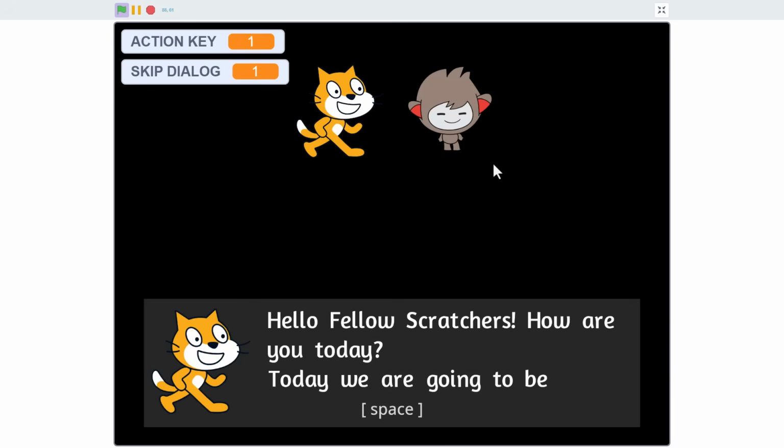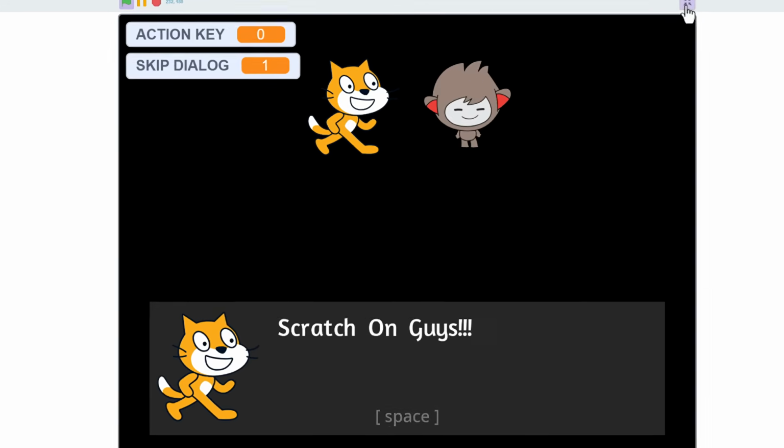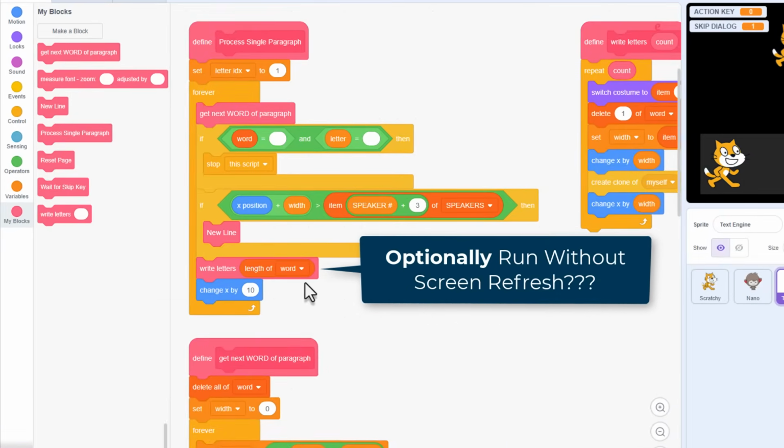In which case, the only trick is trying to find a way of having this write letters optionally run without screen refresh or not, depending on whether we're skipping dialogue. Yes, not so easy. So we'll just come back to that in a second,